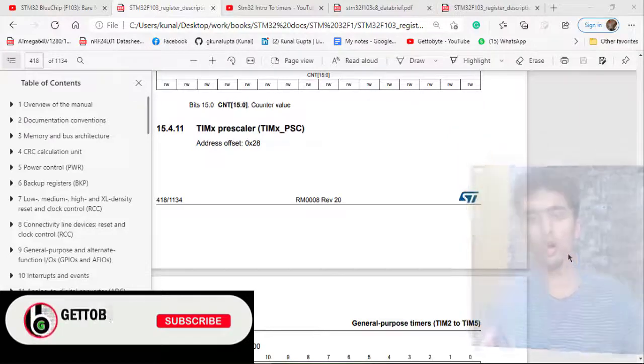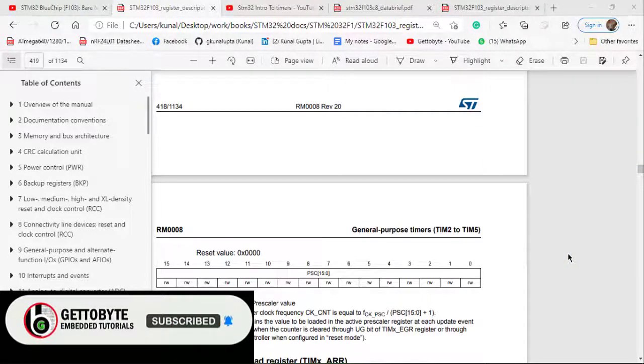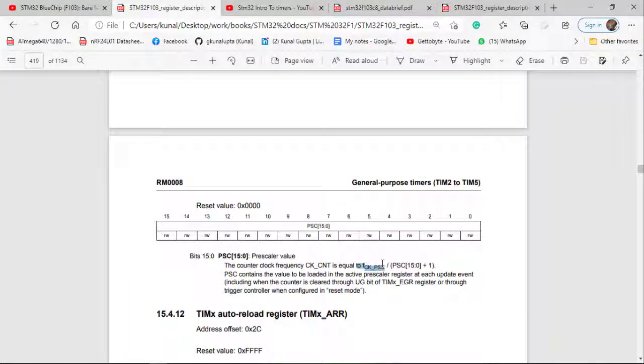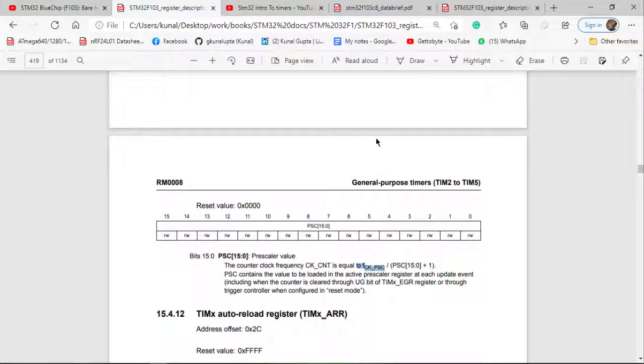Now for understanding the concept of the prescaler register, let me first get to know the formula. The formula for calculating the clock frequency is FCK_PSC divided by the 16-bit prescaler value plus 1. Now what is FCK_PSC? This is the frequency which is enabled for a system bus.